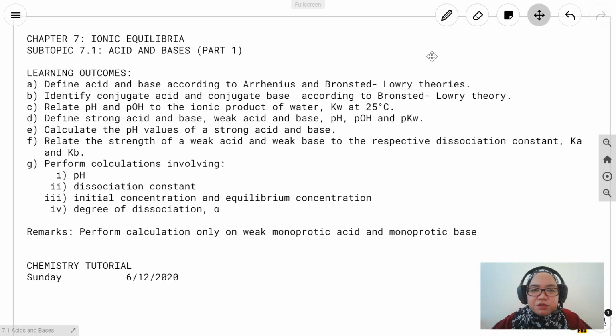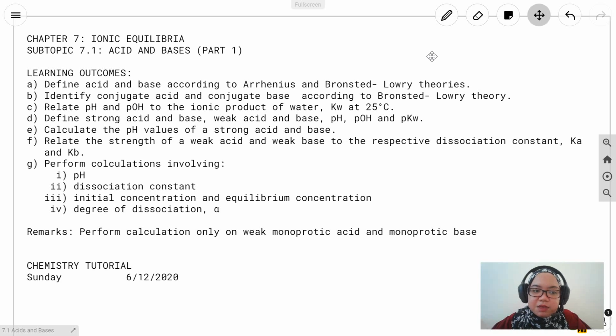Third one, we are going to relate the pH and pOH to the ionic product of water, Kw, at 25 degrees Celsius. Next, we are going to define strong acid and base, weak acid and base, pH, pOH, and pKw. Next, we are going to calculate the pH values of a strong acid and base. Next, we are going to relate the strength of a weak acid and weak base to the respective dissociation constant